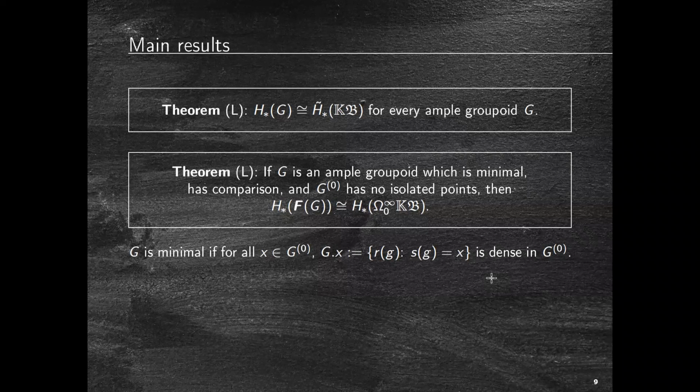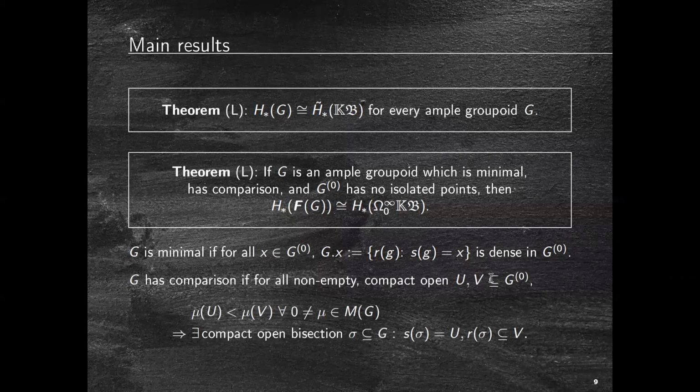So that's minimality. And then there's comparison, and that is saying this. So roughly speaking, what it says is that invariant measures control how you can move open sets around using the dynamics of the groupoid. And more precisely, it's saying that if you have two subspaces,